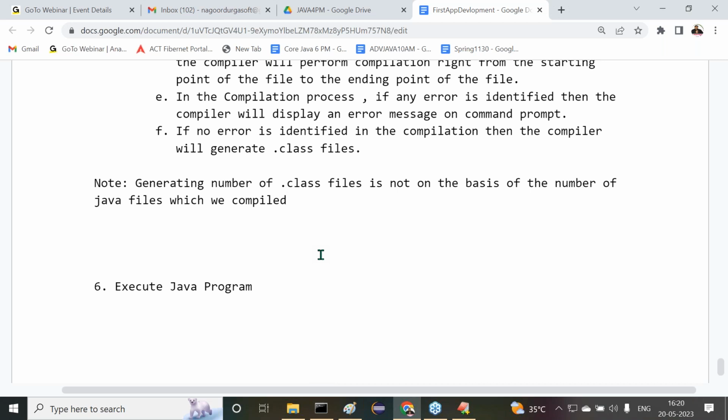Of course, we may compile 10 Java files now. That doesn't matter. Understand my point or not? We compiled 10 Java files here, but don't say that only 10 dot class files are generated. No, it's not the way. But what is the point here? Generating the number of dot class files is completely